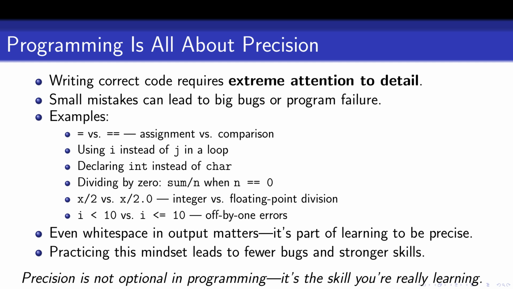This kind of precision isn't always expected in other subjects, where partial credit might be given for having the right idea. But in programming, close enough often isn't good enough. That's why even whitespace matters. Developing this precision-focused mindset will not only help you debug more effectively, but also write cleaner, more robust code from the start. Programming teaches you to pay attention to the details, and that's a valuable skill far beyond just writing